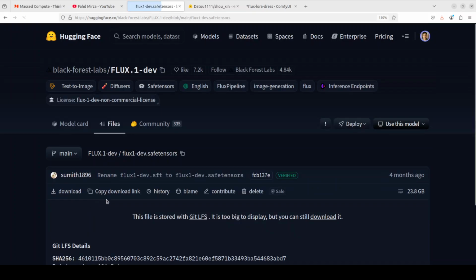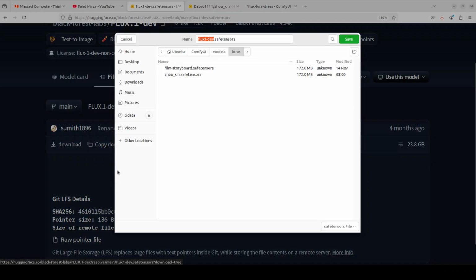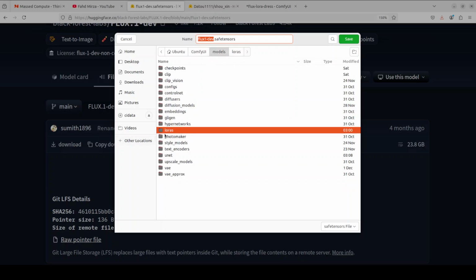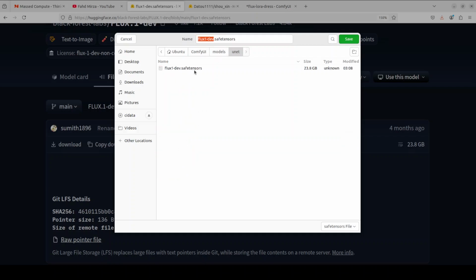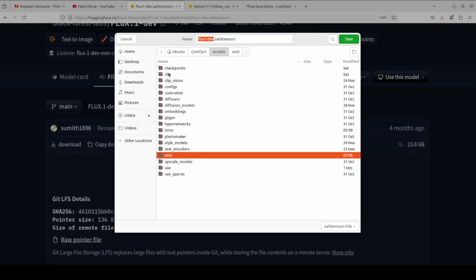Just click on it, right click on Download, save link as. Wherever you have installed ComfyUI, go to ComfyUI, Models, and then in the Models, click on UNet and save it there. Similarly, from the same Flux One Dev website on Hugging Face, make sure to download two clip models,